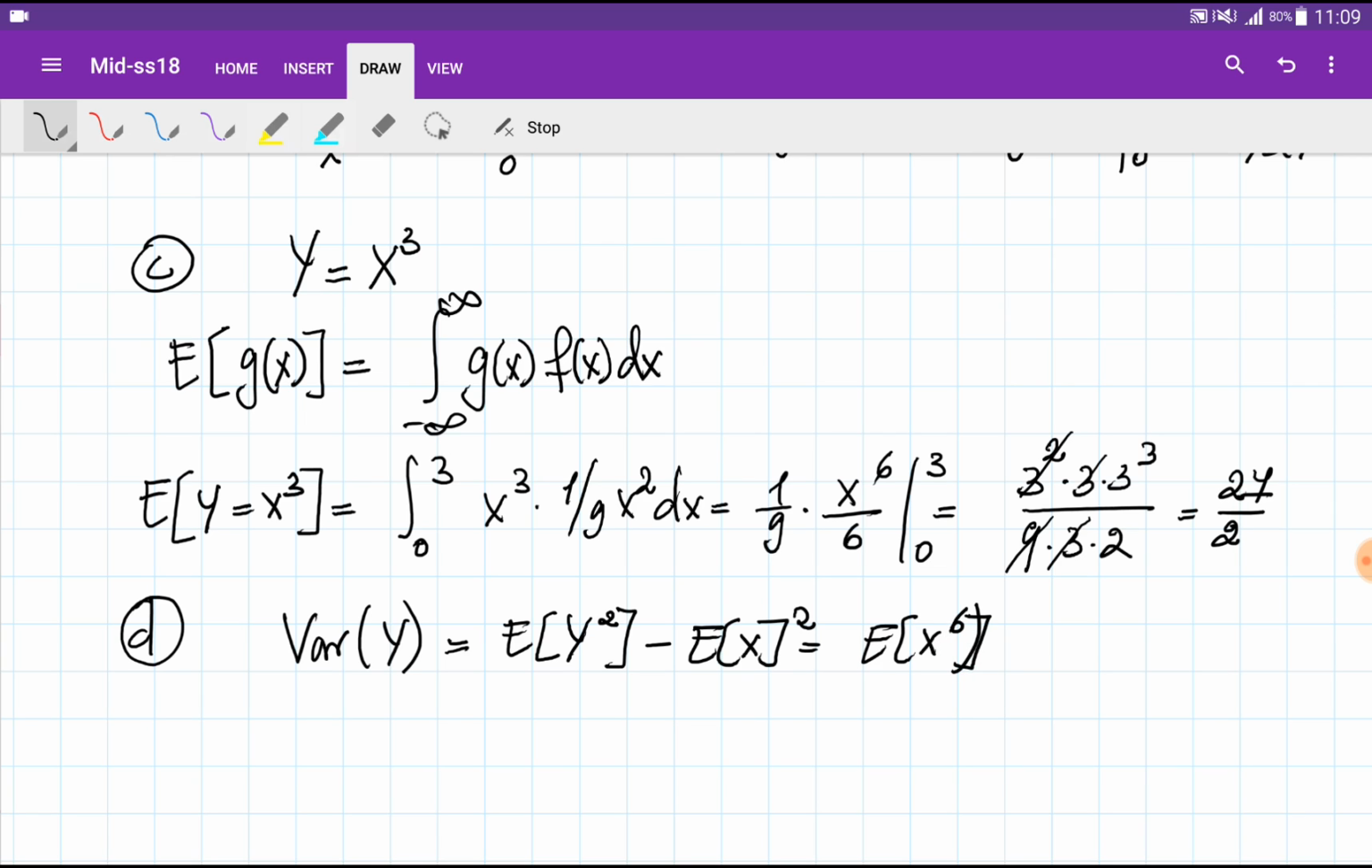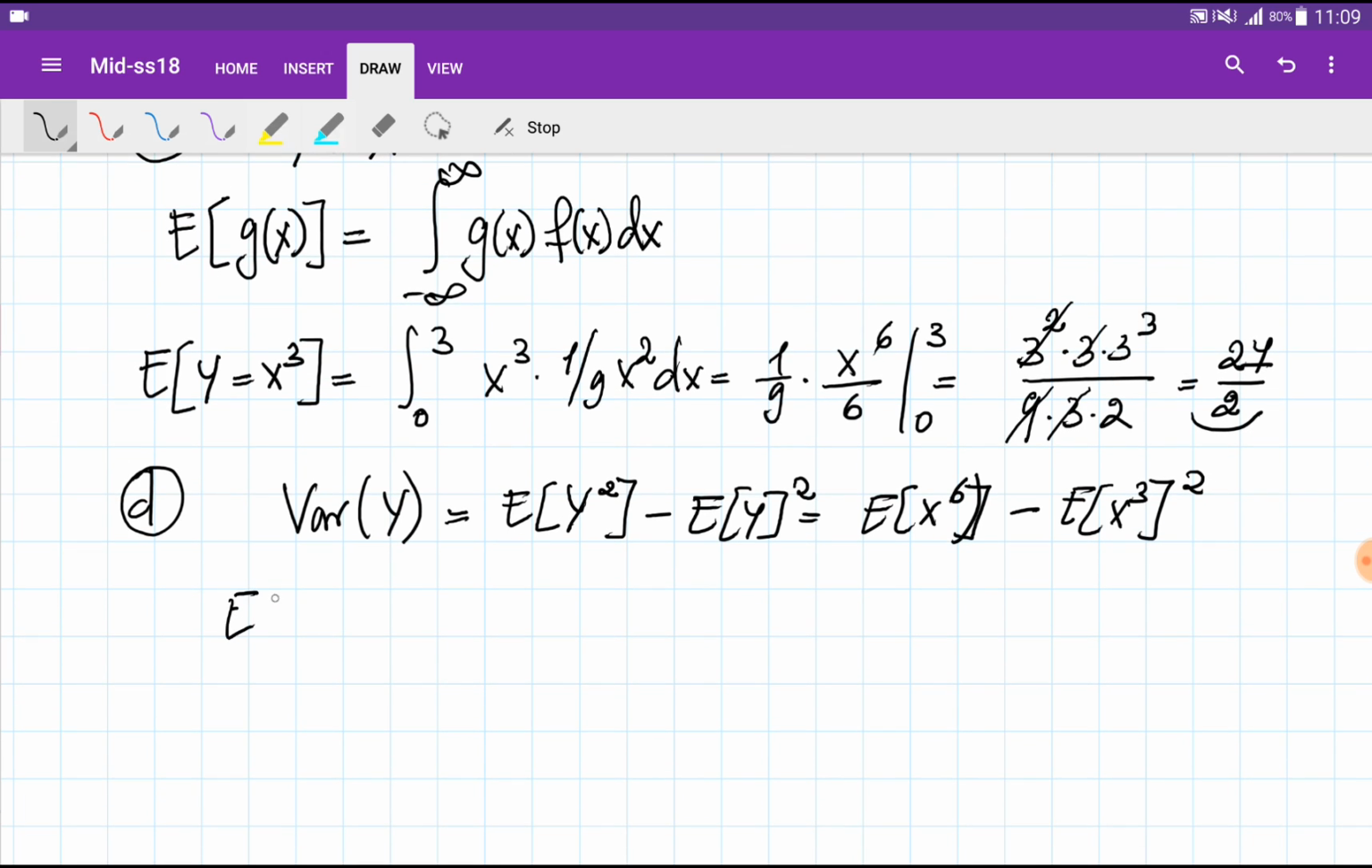Because y is equal to x to the power of 3, minus expectation of the, here should be y, sorry, expectation of x cubed, squared. We have already calculated this, right? So the expectation of x to the power of 6 is simply the integration from 0 to 3 of x to the power of 6 multiplied by 1 over 9 x squared dx, or simply this